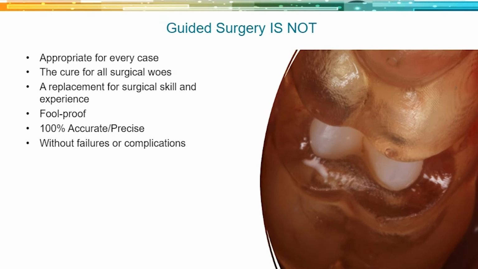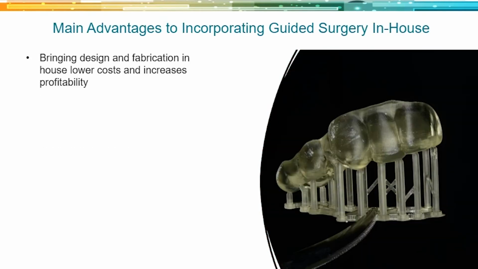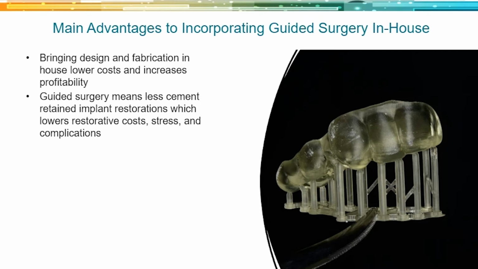So some of the main advantages, if you bring this in-house and you buy the 3D printer, maybe some of you already have 3D printers, maybe a lot of you are considering looking into bringing 3D printing into your office, it can certainly bring down your costs and increase your profitability for implant surgery. I think it means less cement retained restorations. So if you're doing it freehand, posterior teeth, and the angle's off by just a little bit, it wouldn't take much, where you or your lab decide, hey, we're going to have to do a custom abutment and a cement retained crown. Well, suddenly we're bringing in a different variable that could lead to more complications and more stress,